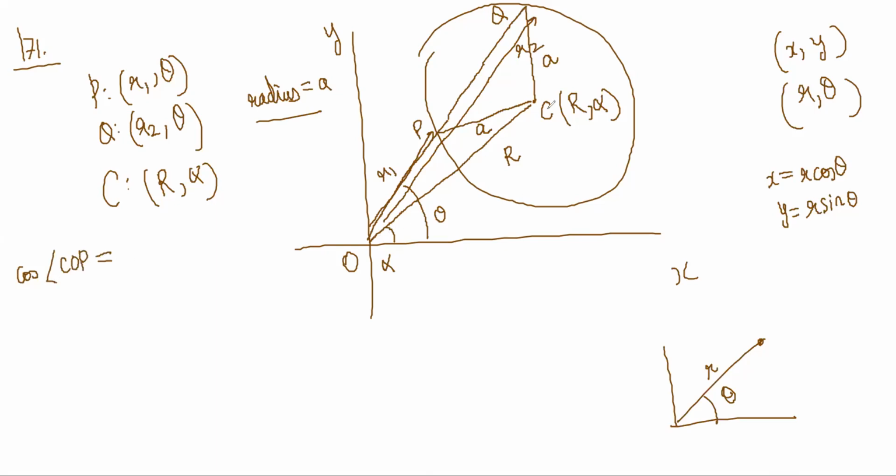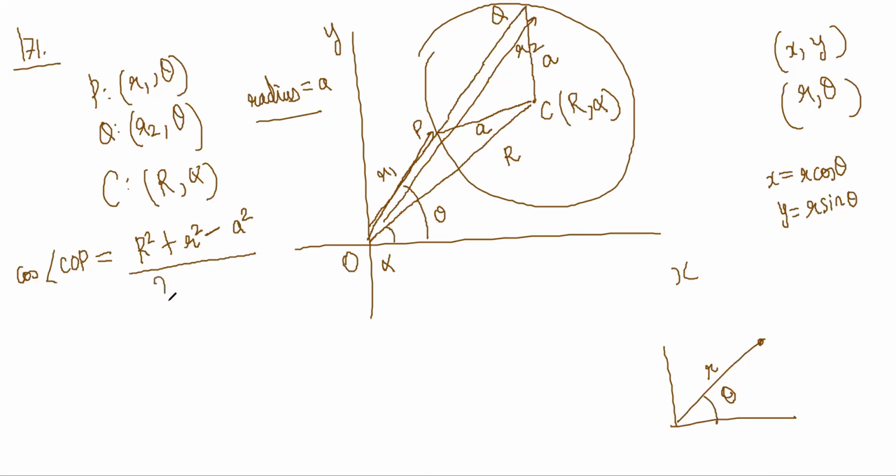It will be this square plus this square minus this square, by 2 into this, correct? So this square is capital R square, plus this square, let's right now not put R1, let's put small r in general, r square for OP, minus PC square which is A square, divided by